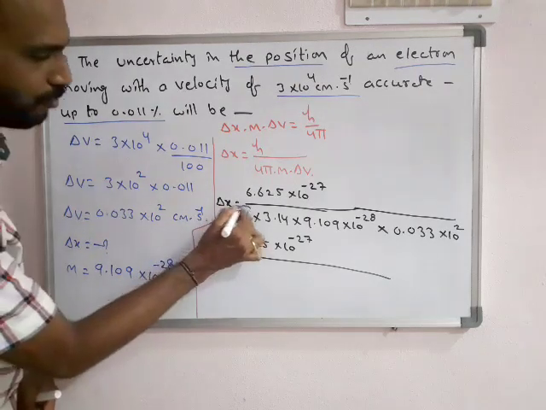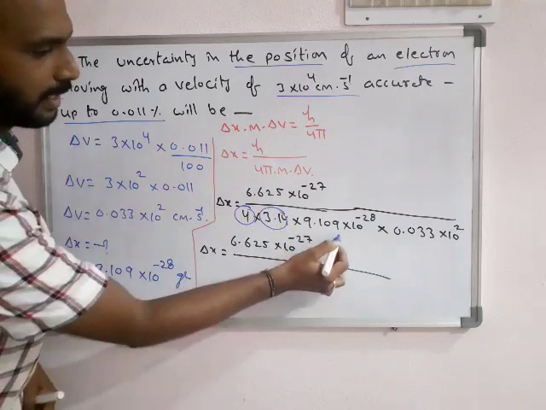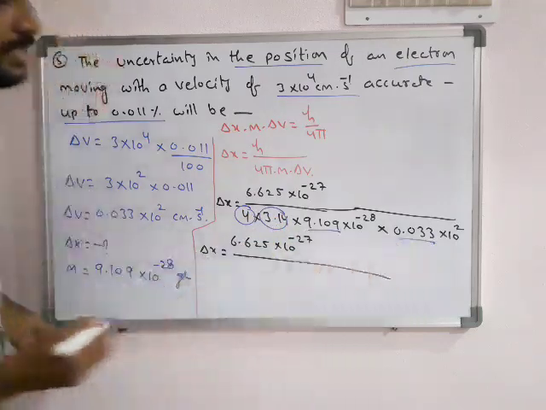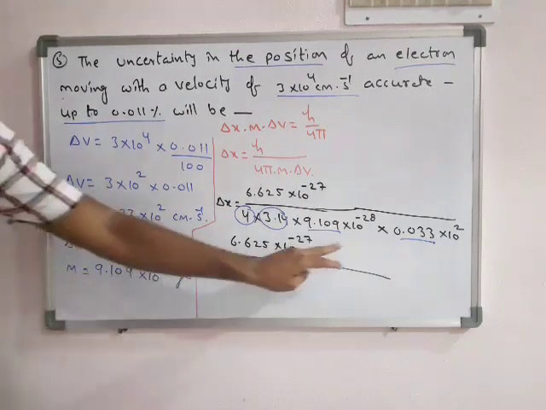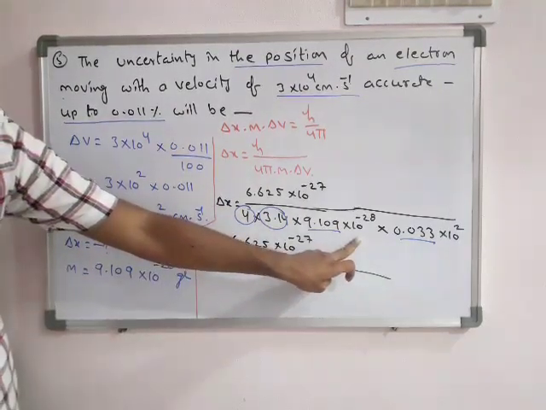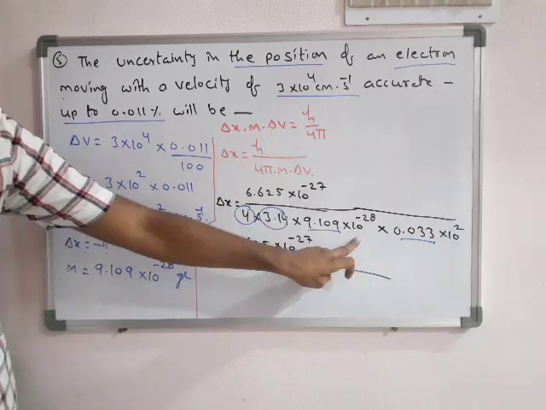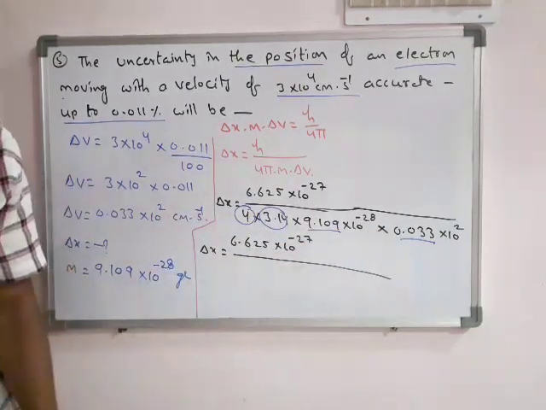So the calculation 4 into 3.14, 9.109 and 0.033. So on this calculation approximately we will get 3. Minus 28 is approximately 30, and this is given minus 30. Okay,